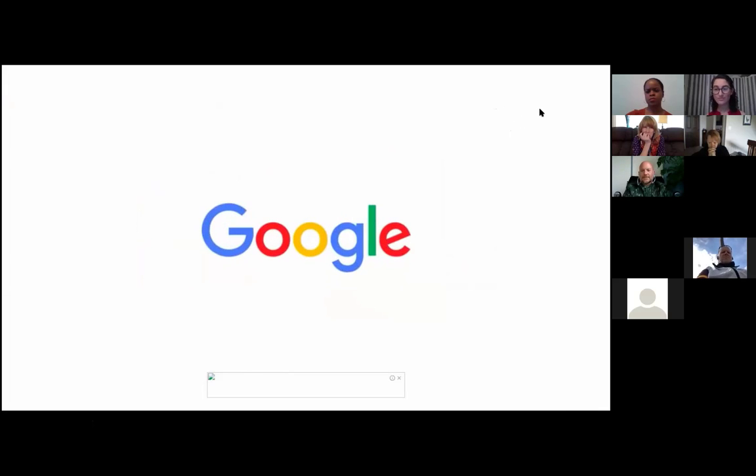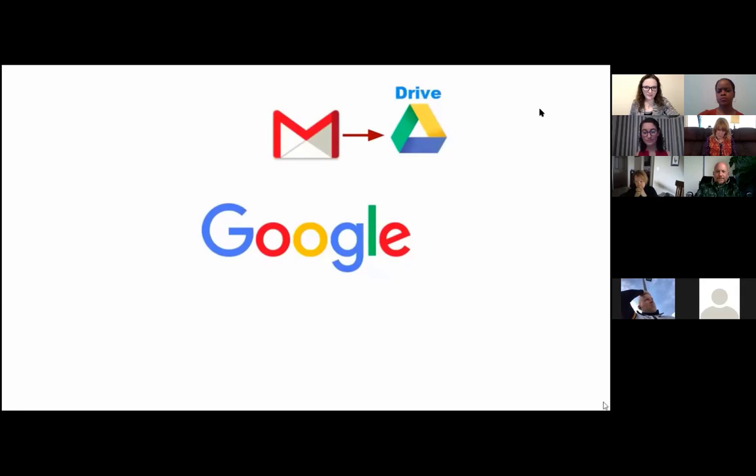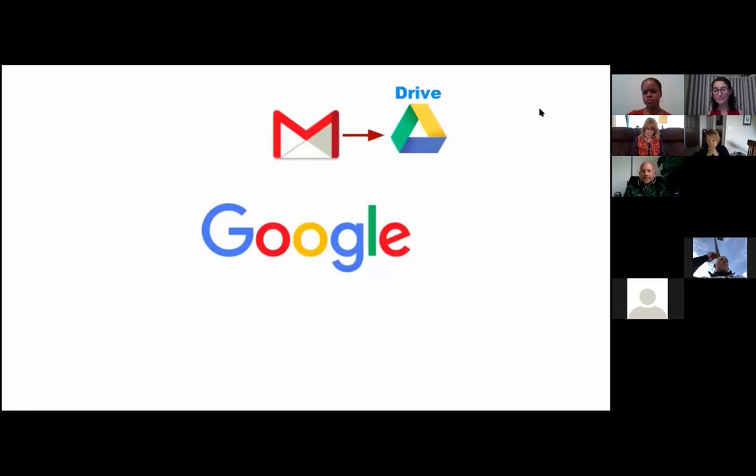Let's have a look at the different apps connected to a Gmail account. To begin with, we have Drive, a cloud storage and file backup system, which provides you with 15 gigabytes of disk space to host all kinds of files, photos, videos, and so on for free. Now, 15 gigabytes is a lot of space, but if you ever fill it up, you can always buy some